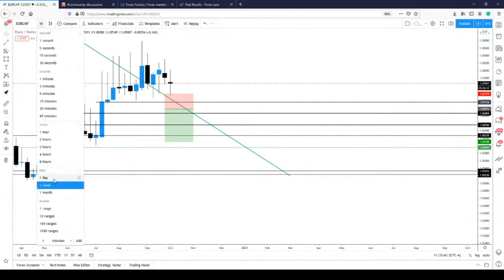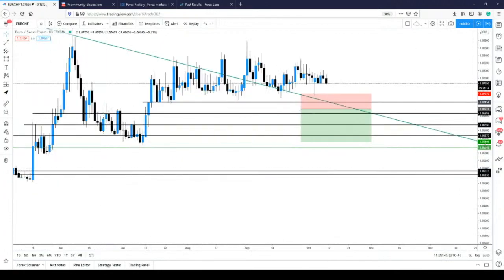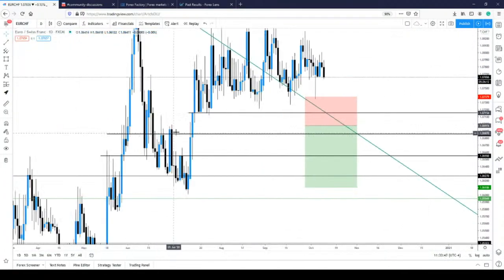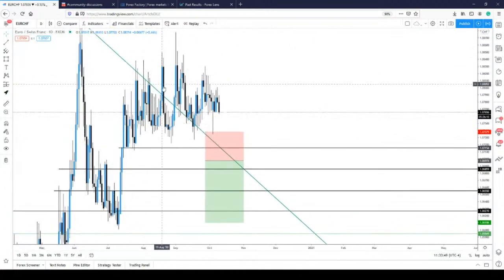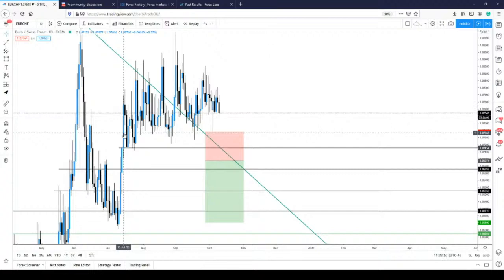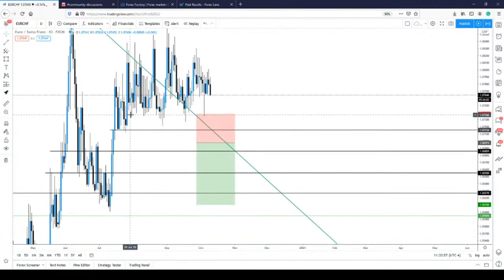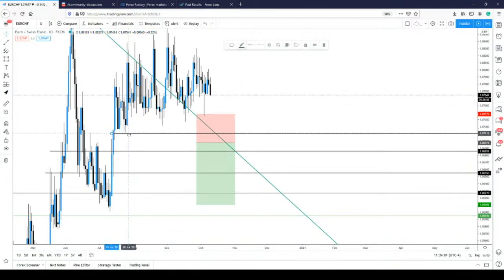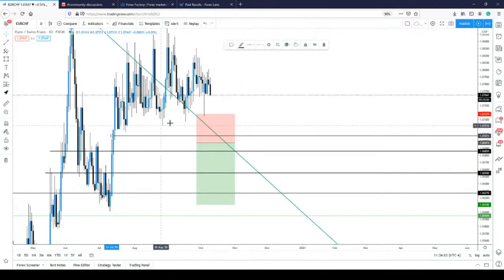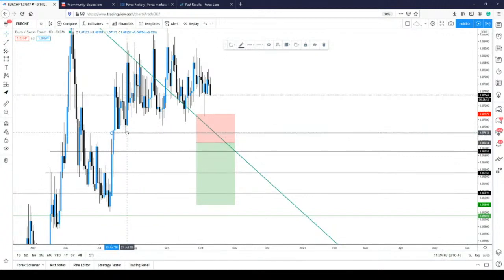So let's head over to the daily. Right, on the daily, this is where you have this madness of absolutely crazy, indecisive price action. This may be a scalper's dream, but for an intraday trader, it's a bit of a headache. But you can see the lowest low we've made during this time span is at this level. And if I just put my line there, you'll see that level is at